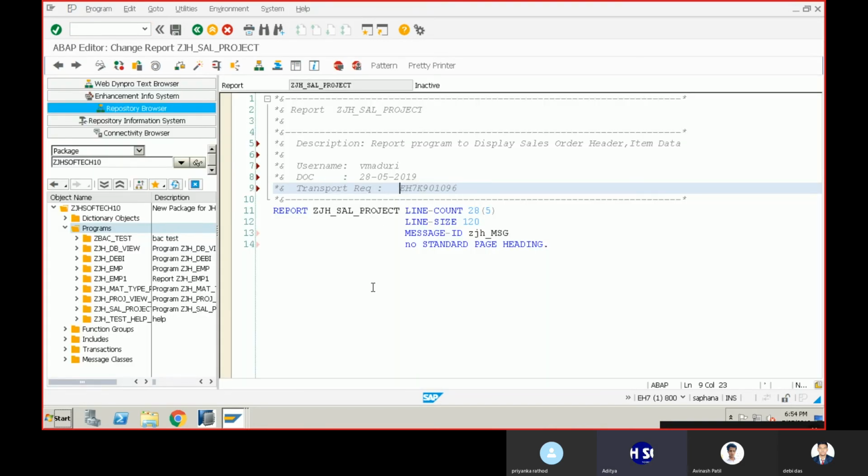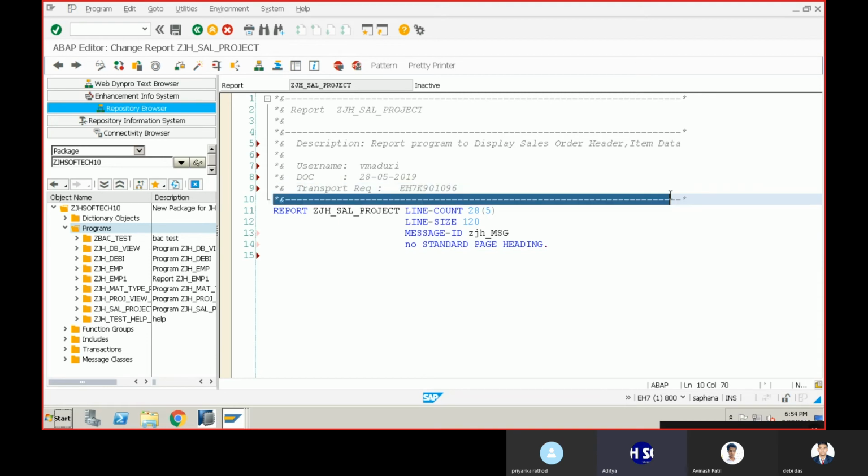So in this way, we'll be having a lot of details based on the client specifications and the standards that we maintain across the project. We have to maintain that. Now after this, we'll be declaring the tables. The first thing that we'll be declaring is, if we have the type pools or tables, we'll be declaring that. So how do we do that is,